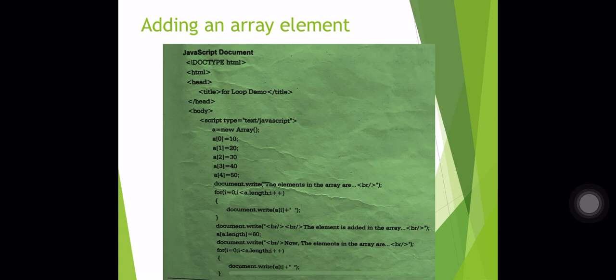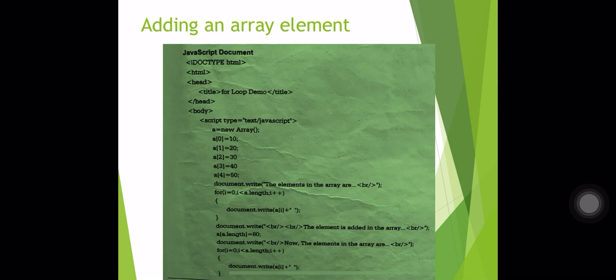So document.write, now the elements in the array are, for I is equal to 0, I less than a.length and I plus plus. Now the length of the array is how much? 6. And a[5] will become 60. So document.write a[I] will be displayed: 10, 20, 30, 40, 50 and 60.